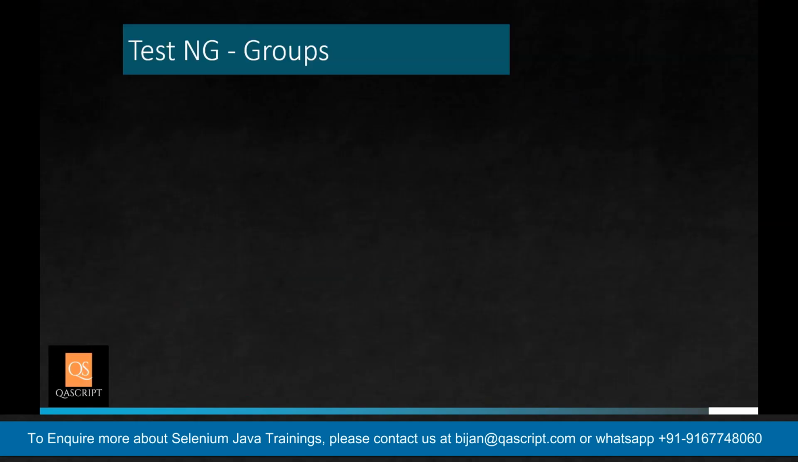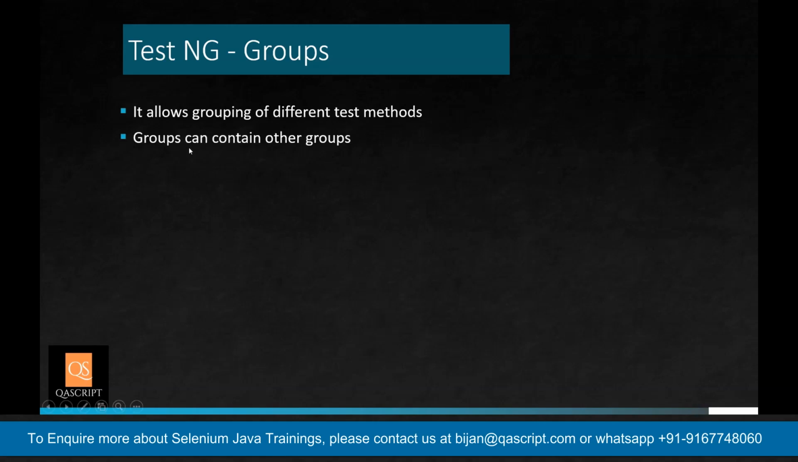Now coming to some other topics in TestNG, right? There is a concept called groups through which you can group your tests into different categorizations. Okay, now it allows grouping of different test methods. Okay, a single group can contain other groups as well. Now when is it useful? Say for example,